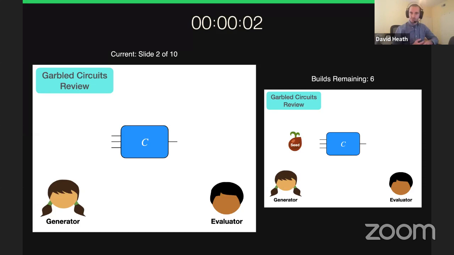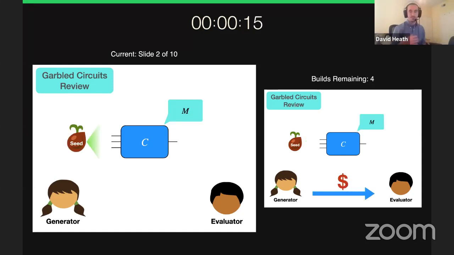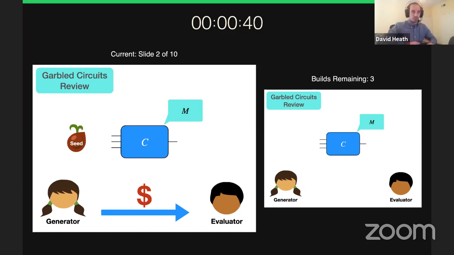So this work is about garbled circuits. I'd like to briefly review the technique. Garbled circuits is a protocol between two players, a so-called circuit generator and evaluator. The circuit generator's job is to build an encryption of a function represented as a circuit, starting from a pseudo-random seed. She builds this encryption, which I'm denoting M, for what we refer to as the material. The material contains a collection of encrypted truth tables encoding the semantics of the individual gates in the Boolean circuit C. After constructing M, the generator sends M across the network to the evaluator.